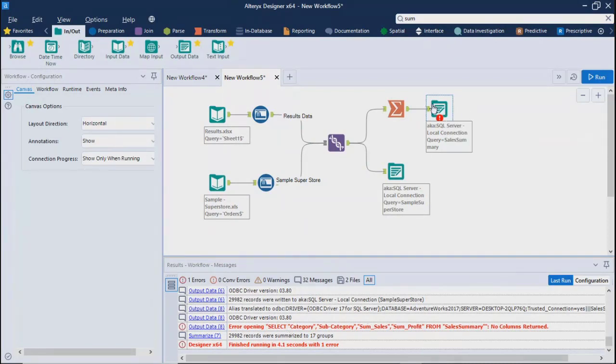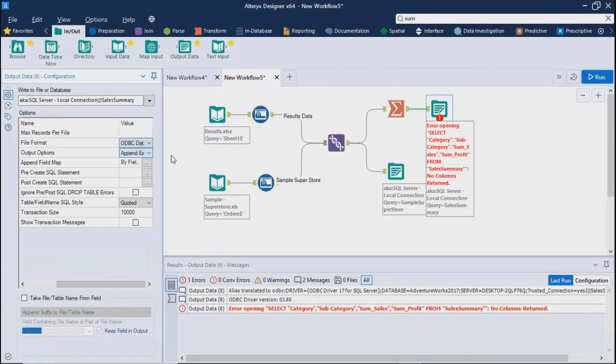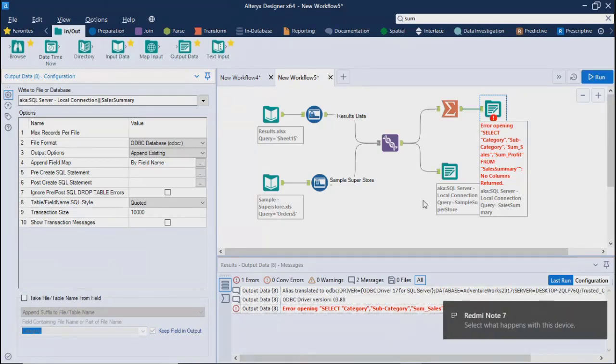For your information, I'll show you once again. We selected append existing the very first time, and earlier it failed because of this only. So I converted this into that condition, but this also failed. Why?